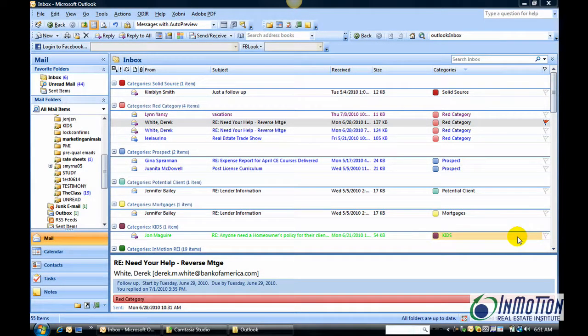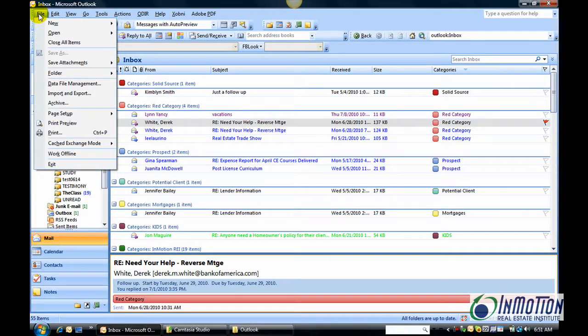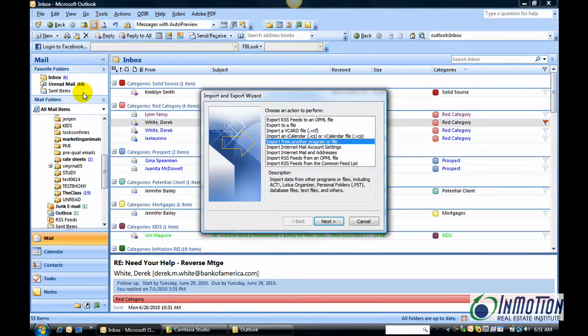Okay, now that we've backed up that file, we need to restore it. So let me show you how to do that. Go ahead and open Outlook from the File menu. Let's go ahead and give that a click. We're going to select Import and Export, because remember what we're trying to do is we have an external device that has our data files, and what we want to do is import those into our Outlook if we have to restore it. So select Import from another program or file, click Next,